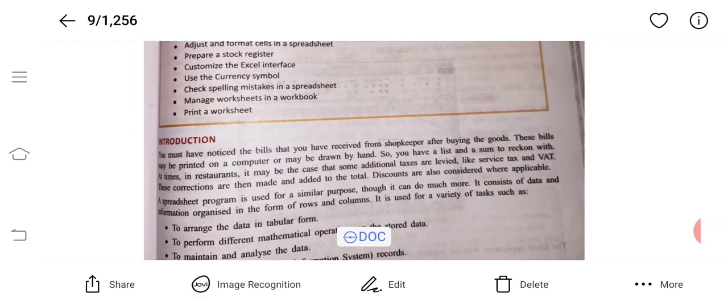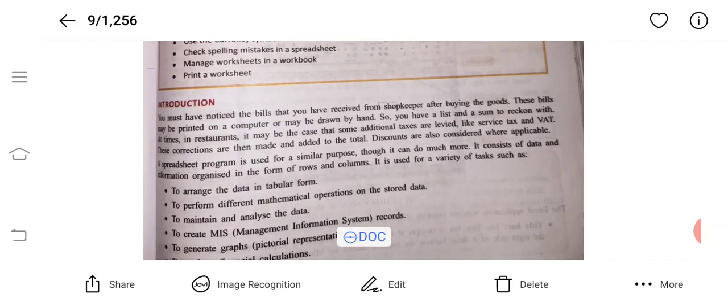We know that where there is a table, there we find rows and columns. So in a spreadsheet, the data are arranged in the form of rows and columns, in tabular form.